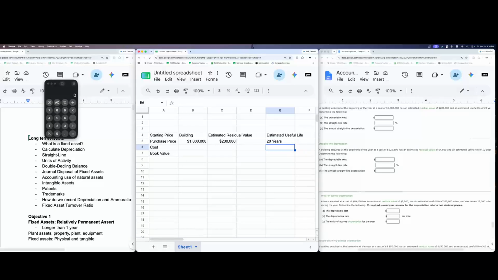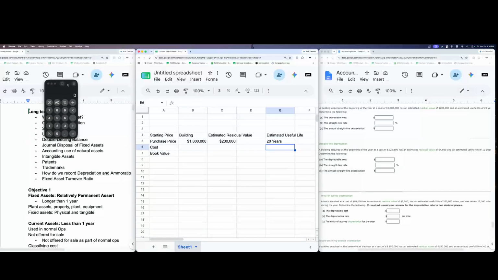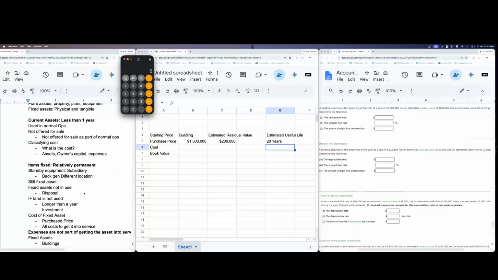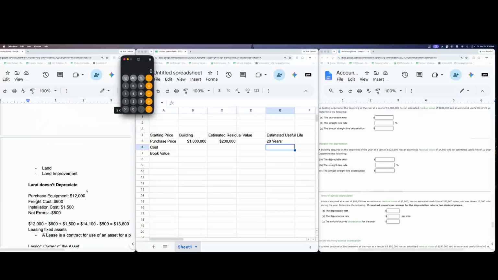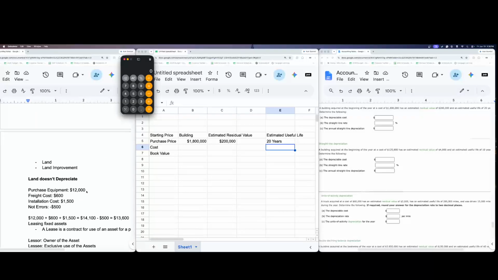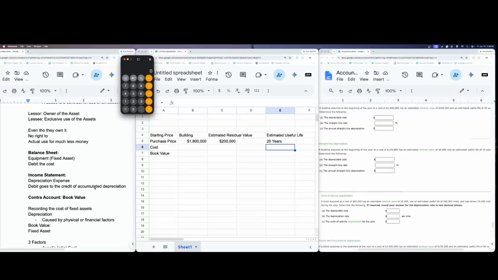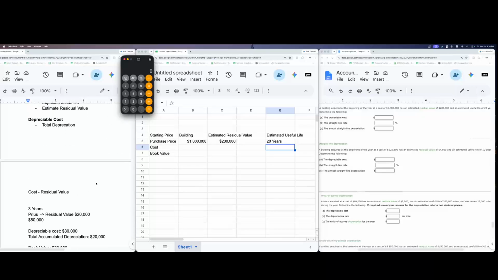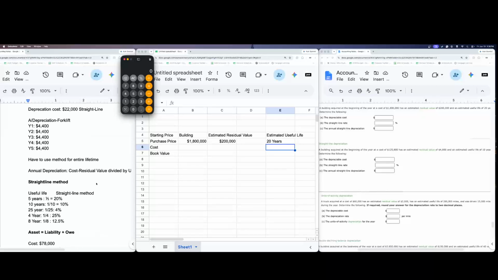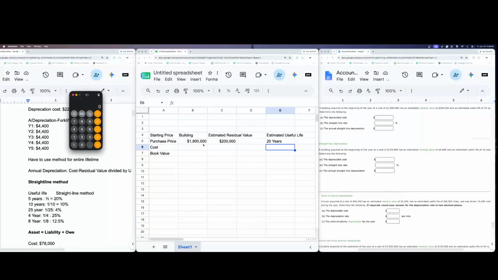So what we're going to do is determine the depreciable cost of the building, because land doesn't depreciate, but the building does. So this is just the cost of the building itself, not the cost of the land that it was built upon. So the depreciable cost,